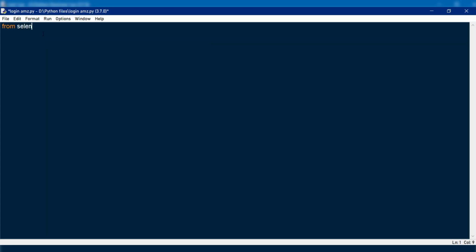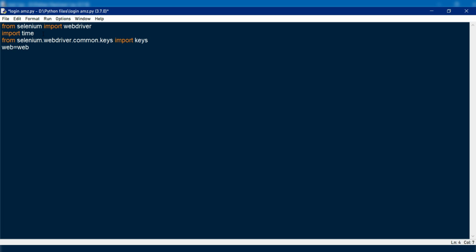First, we are going to import Selenium, and from Selenium we need to import the WebDriver. After this, we need to import time. So these are the required things. Next, we need to initialize the WebDriver object.